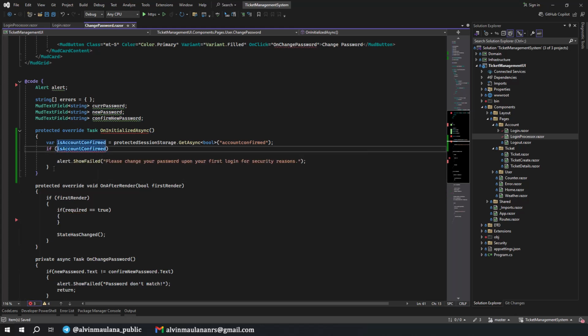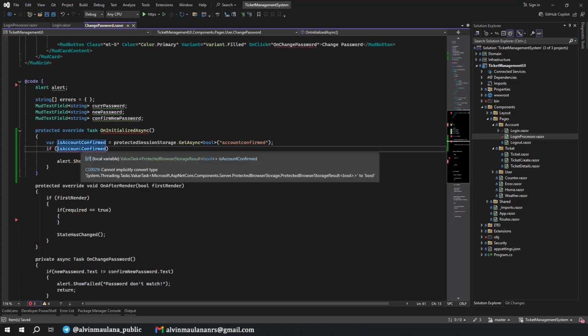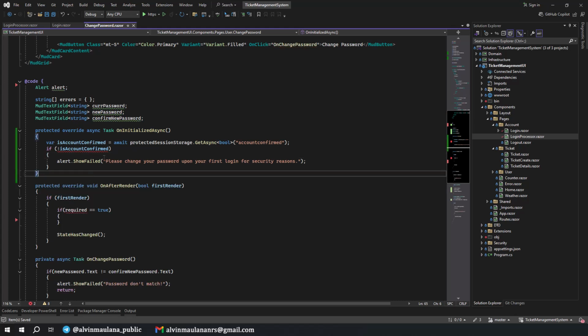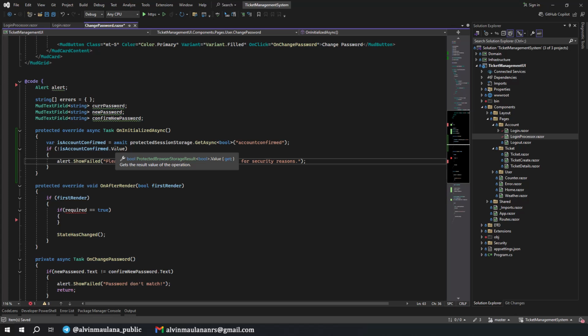But why this error? Oh, we need to wait. Okay, correct. If the account is not confirmed, we need to show the alert. But why? I don't know. Oh, the value. We need to get the value. Okay, nice.